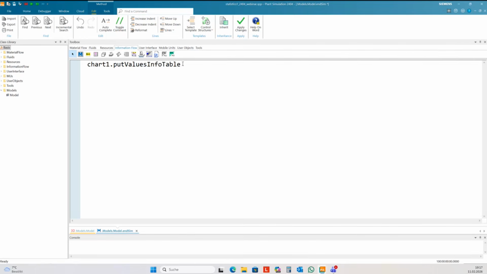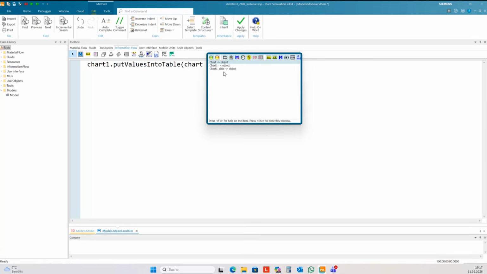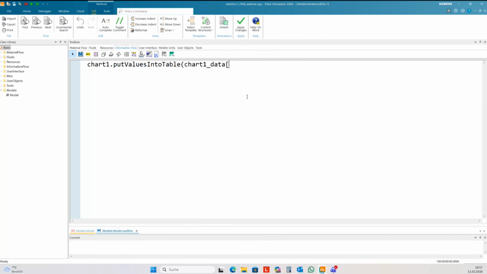Put values into table. This is the command in SimTalk to read the collected data from the chart into a table. And we need to hand over the data, the table. It's chart 1 data.